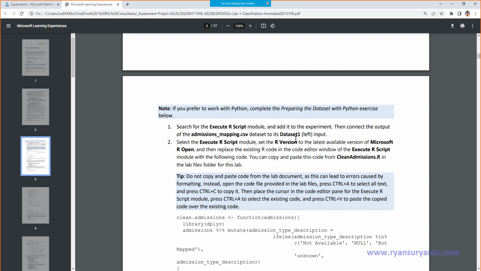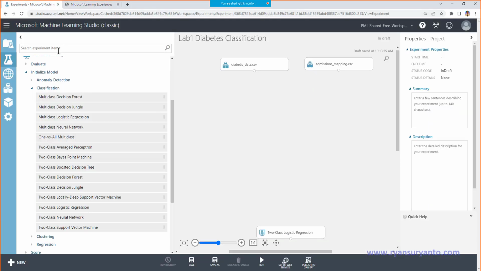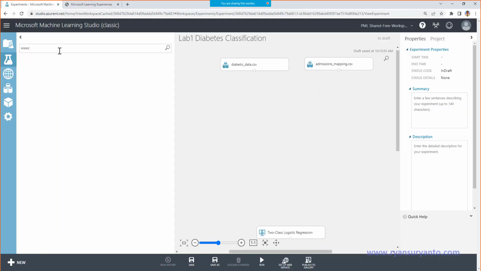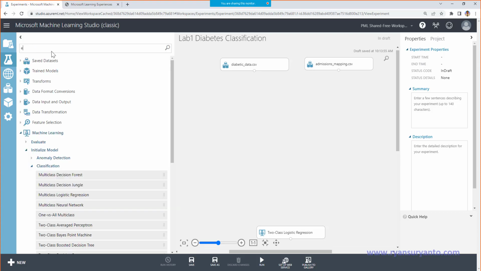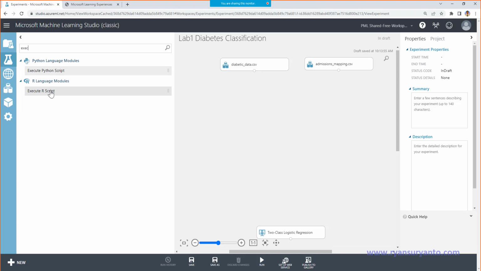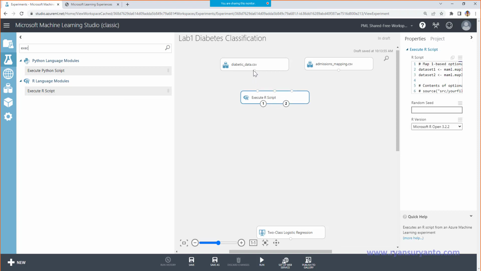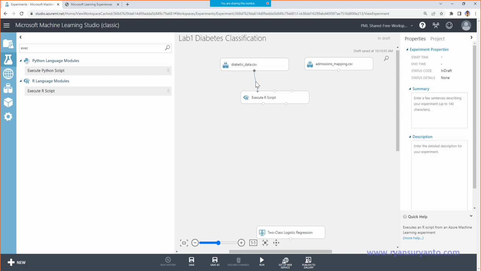So execute R script, then pass the admission mapping data set into it.